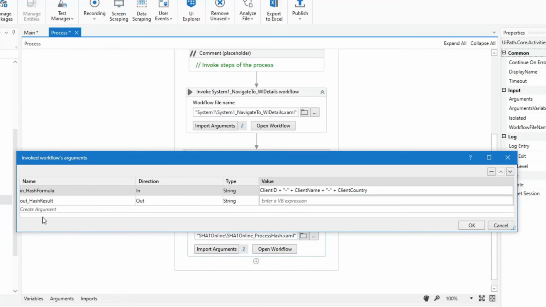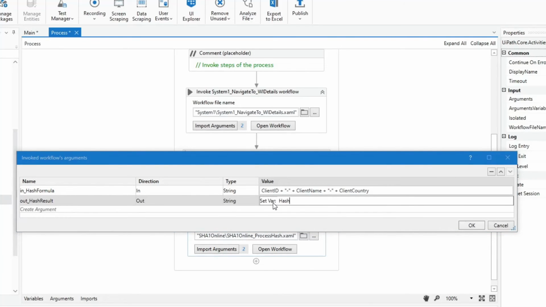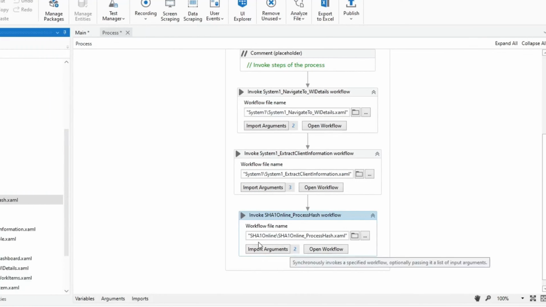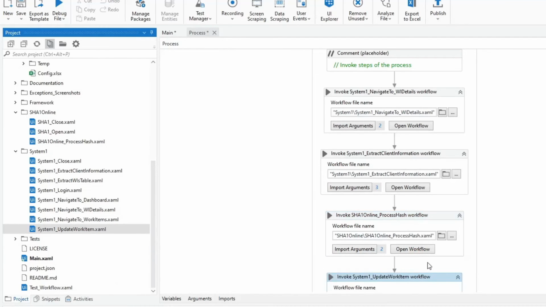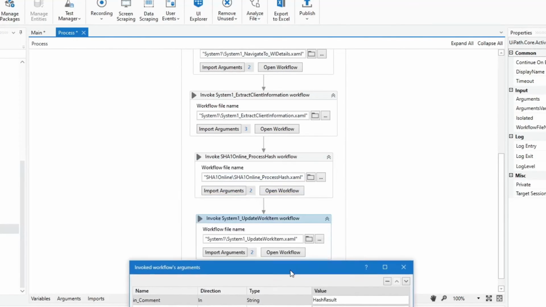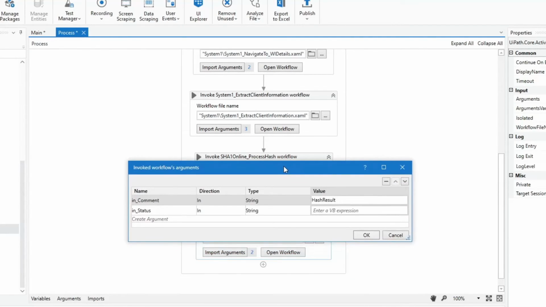Then for the out hash result, we will create a variable to store that value. So I'll press Ctrl K again, and I'll just name it hash result. So now that we have the hash result of the client information, we can update the work item comment in system1 and the status to completed. So let's invoke the system1 update work item and click import arguments. So for the in comment, let's assign the hash result variable, which is the output of the SHA-1 online process hash workflow. And then for the in status, let's assign a value completed